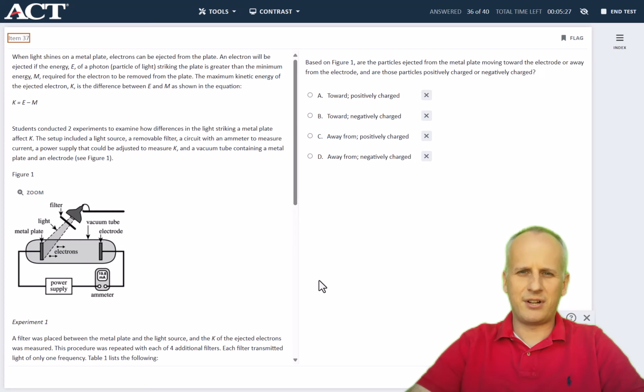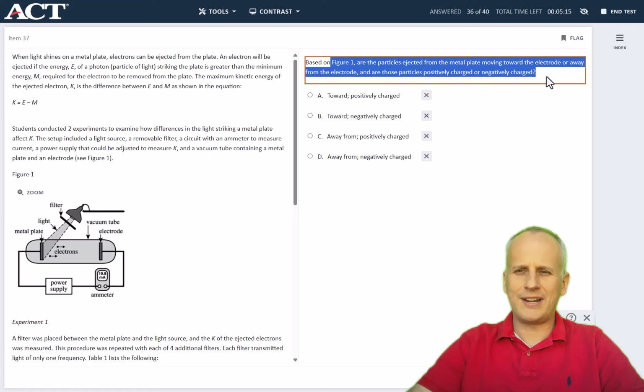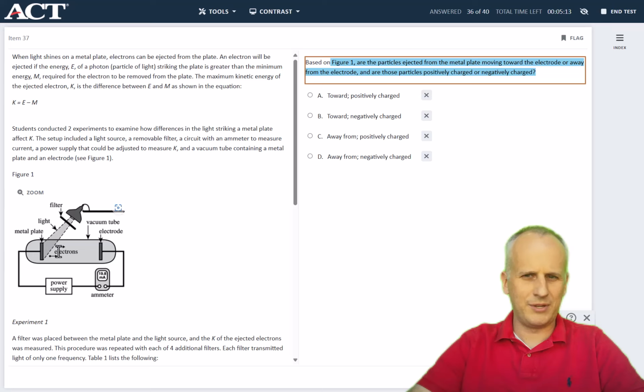Next, based on figure 1, are the particles ejected from the metal plate moving toward the electrode or away from the electrode, and are those particles positively charged or negatively charged? So we just come to figure 1, we see the electrons, there's the metal plate. The electrons are being ejected toward the electrode. So we can eliminate the answer choices that say,